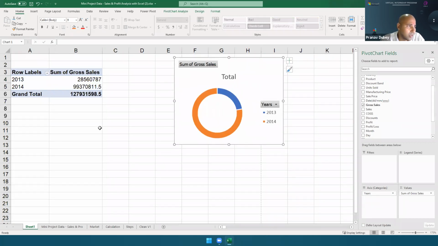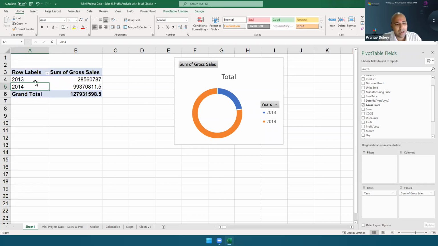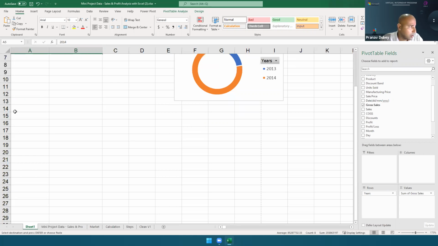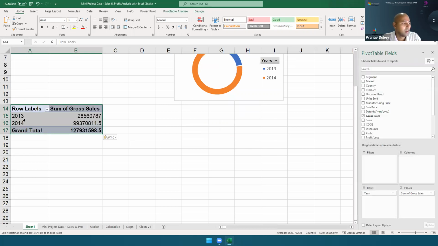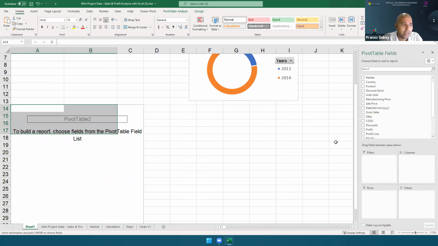By the way, a shortcut is, now you don't have to go to the data and create a new pivot table. You can just copy it. You see, I go here, I do Control A, I go in the pivot table area, Control A, Control C. Here only I will paste it. When I paste, the fields will get also pasted here. I will remove the fields and then I will start over.